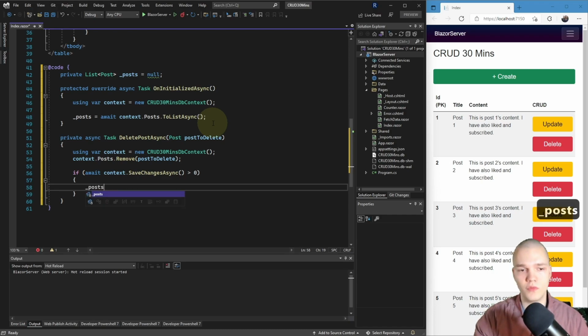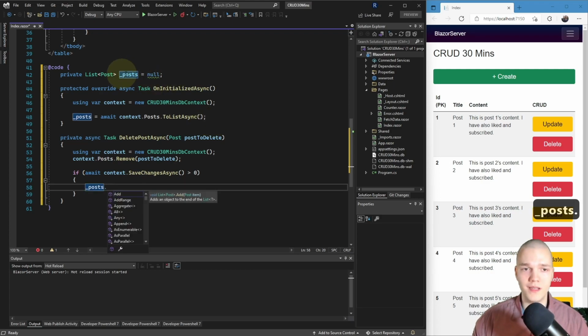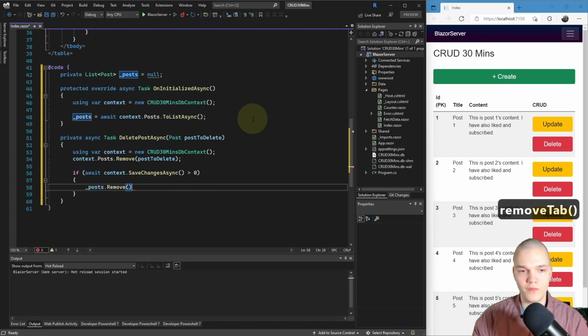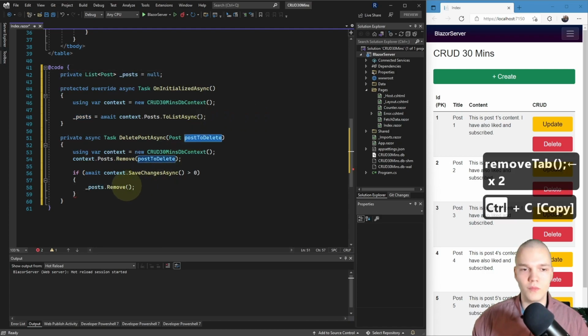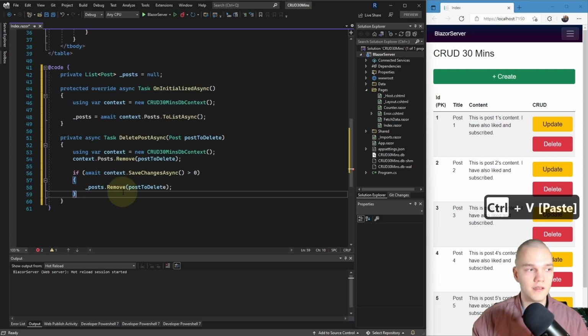Then I'll just remove the post from our list in memory here. So posts.Remove, and then we'll remove the postToDelete.